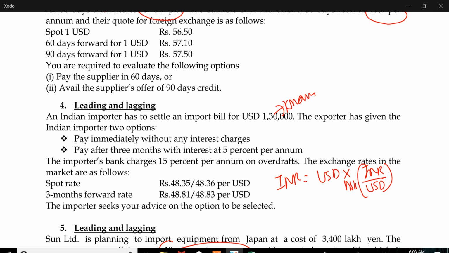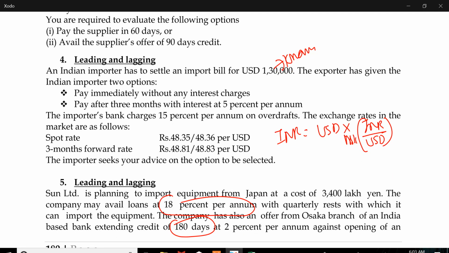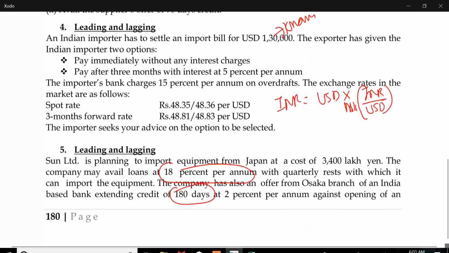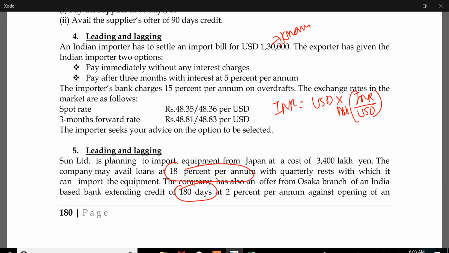Question number 4, comprehensive problem to revise leading and lagging. Question number 5,